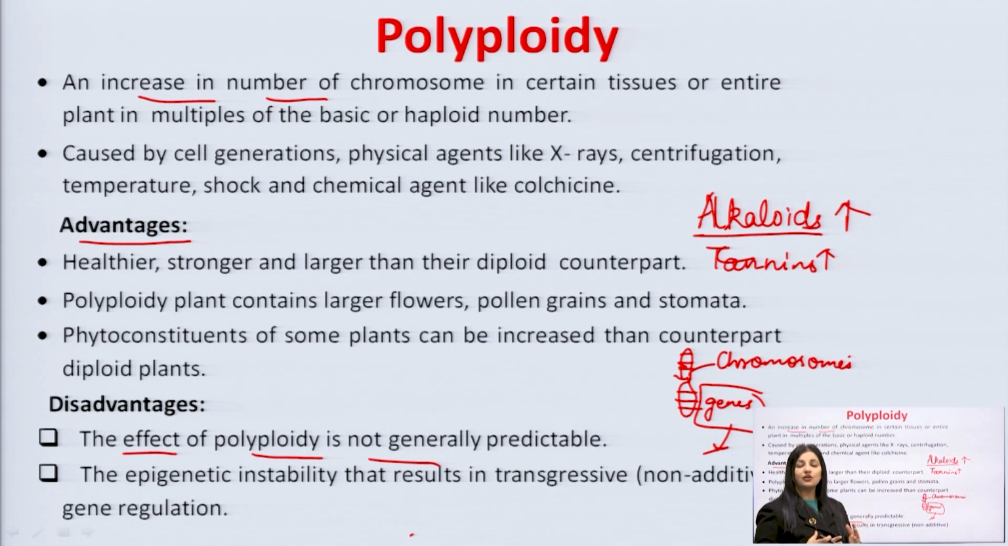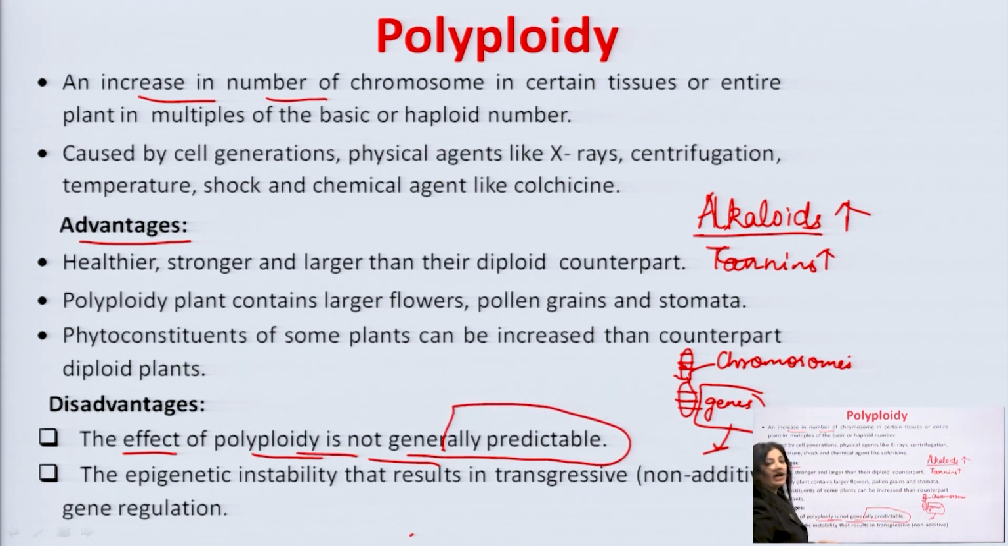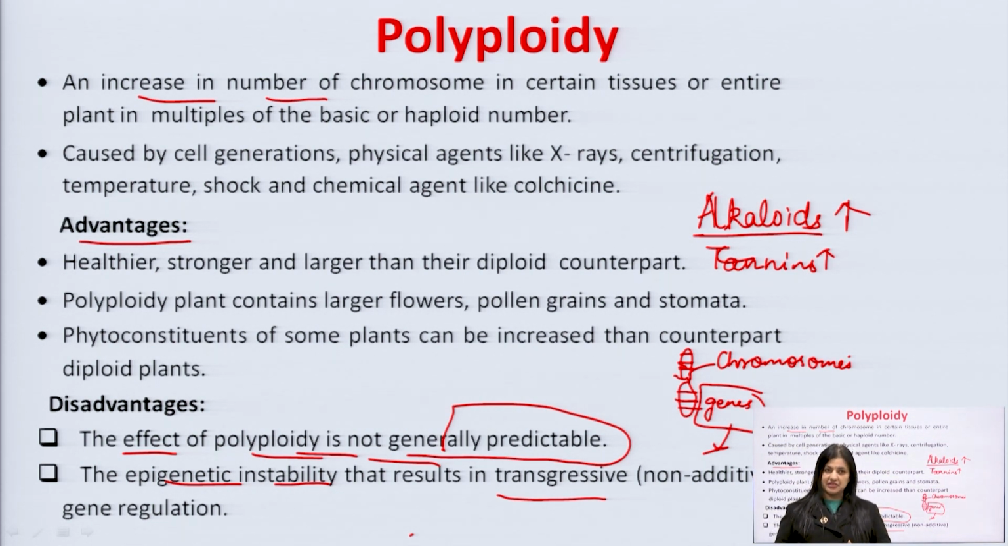Hence, genes are not always something you can rely upon. You cannot trust that whatever changes you make are going to happen, right? This is actually happening in the COVID scenario, where new genes are coming and you are getting another strain. So the effect of polyploidy is not predictable. The other disadvantage is epigenetic instability that results in transgressive gene regulation, again something you cannot control. Another biotechnological technique which we need to study is